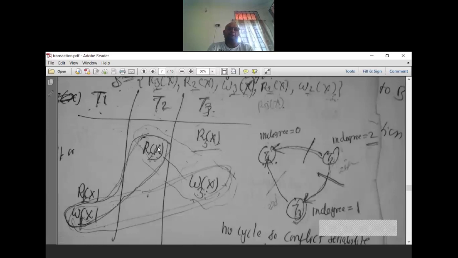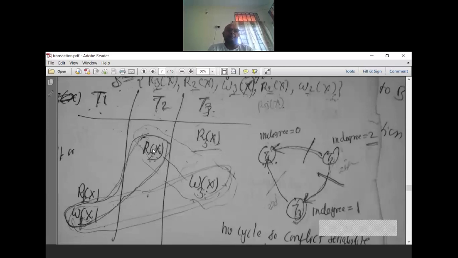Now I will see from T2. From T2 I will find the conflict operations. How to find out the conflict operation from T2? From T2 to T1 I am finding. So from T2 I will see, read does not conflict. Read never conflicts. One of the operations should be a write operation, then only it will conflict. So it is read x, it is write x. So read and write can conflict with each other. So one conflict is over.